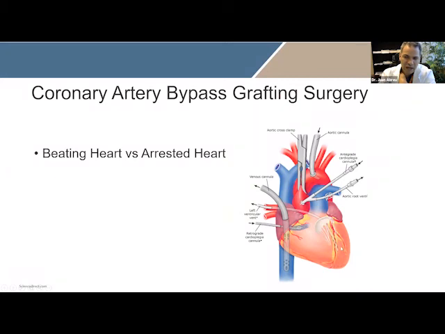So that way we will have a still heart, decompressed, that you can do your connections, more control. The only drawback of this is that we are on the clock. Okay, so this has to be done fast because the heart cannot be stopped for too long. All right, so we have to do it fast. And the other one, when it's off pump, then we have all the time in the world to do it, right? Because there's no damage done. But here, it's a controlled situation, but we cannot linger on it. We just have to keep moving.